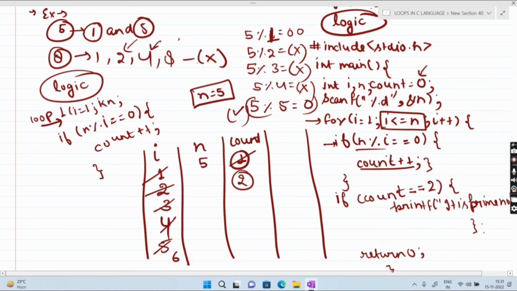What we have to basically do, we have to come outside this loop. Then we again check condition here. Now we have to check, is counter variable value equal to 2? Yes, condition is true. The counter variable value is actually now 2. Then we have to print that it is prime number. That's the basic logic. If we check for value 8, what we basically do here inside, जैसे ही आप 8